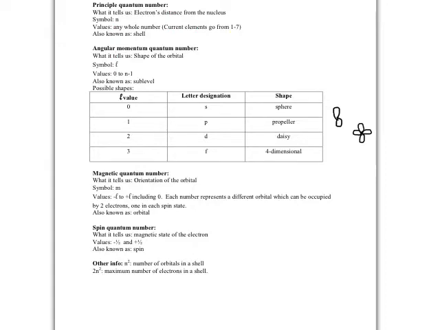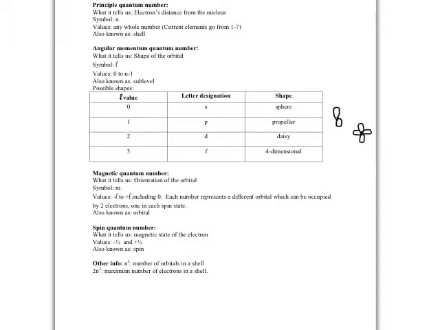The magnetic quantum number tells us the orientation of each of these sublevels in 3D space. So there are different ways that you can turn each of these shapes in space, and each of those corresponds to a particular place that electrons can reside, and we call those orbitals. Its symbol is m, and its values are everything from negative l to positive l, including 0. Each value that you have here represents a different way that that orbital can be turned in space where electrons can occupy it, and 2 electrons for each orbital, 1 in each spin state,